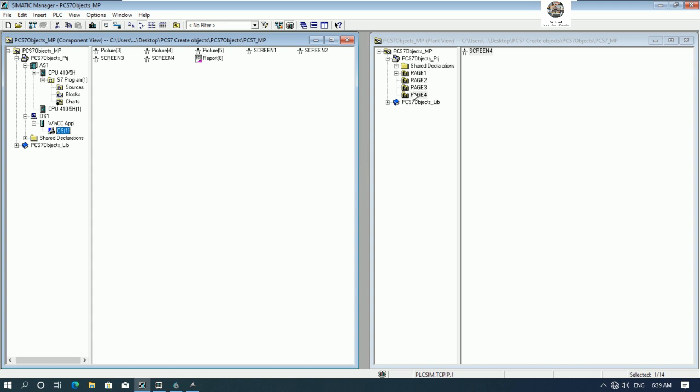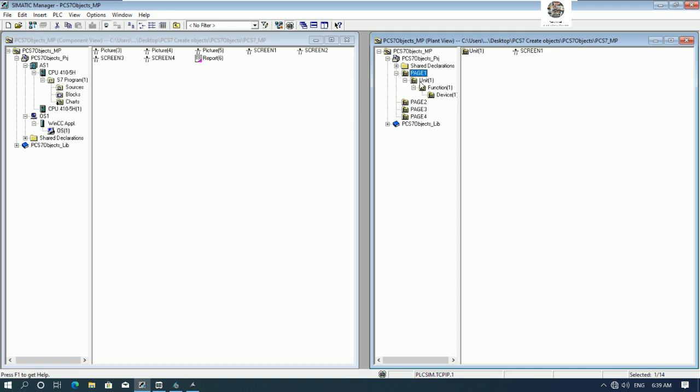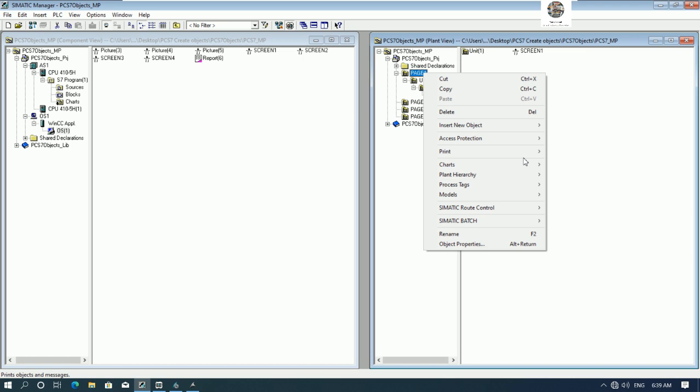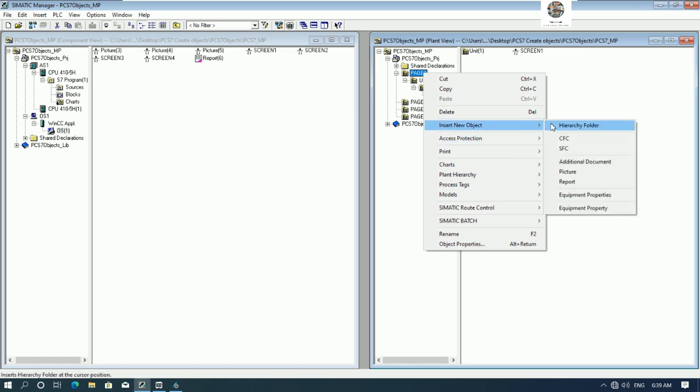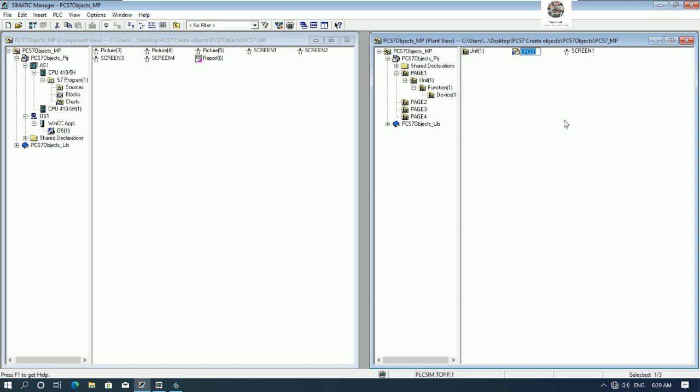For example, on page 1 we have unit 1, right? Here, so I will create the objects CFC. Yes, this one example motor 1,